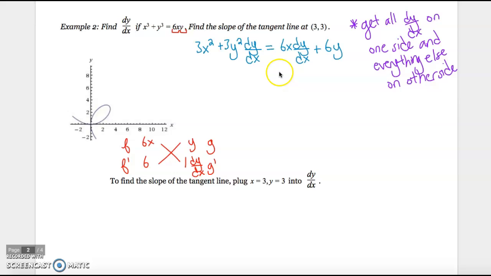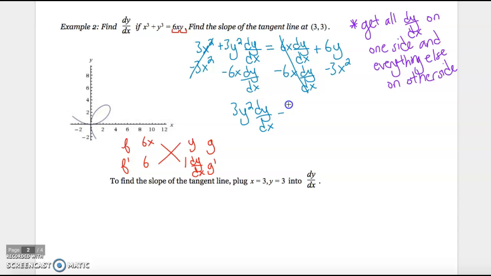So let's see. I'll subtract over the 6x dy dx over here. And that means all my dy dx's will be on the left side of the equation, and then I'll move this 3x squared over here. Okay, so that's gone on that side, that's gone on that side. So on the left-hand side, I have 3y squared dy dx minus 6x dy dx equals 6y minus